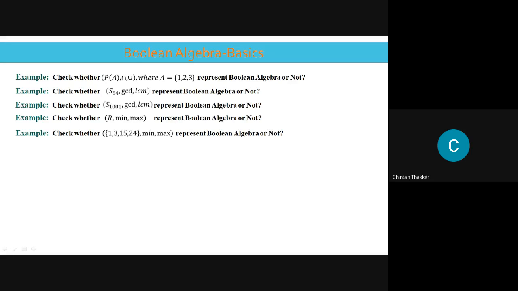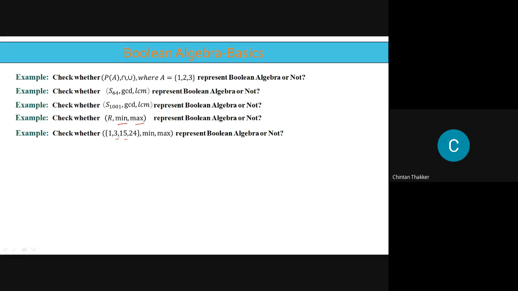अगर मिनिमम मैक्सिमम दिया है तो मिनिमम मैक्सिमम में कॉम्प्लीमेंट तभी मिलेगा अगर जो सेट है वो सिर्फ 2 एलिमेंट का ही हो। 2 से ज्यादा एलिमेंट सेट में तो कॉम्प्लीमेंट प्रॉपर्टी सेटिस्फाई नहीं होगी। जैसे यहाँ पे दिया है